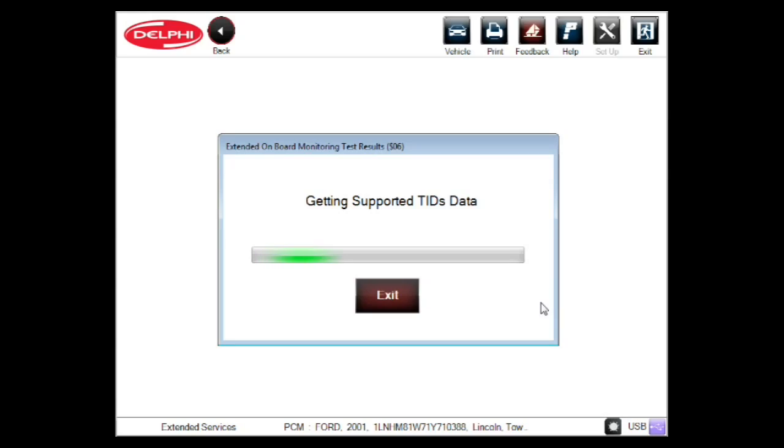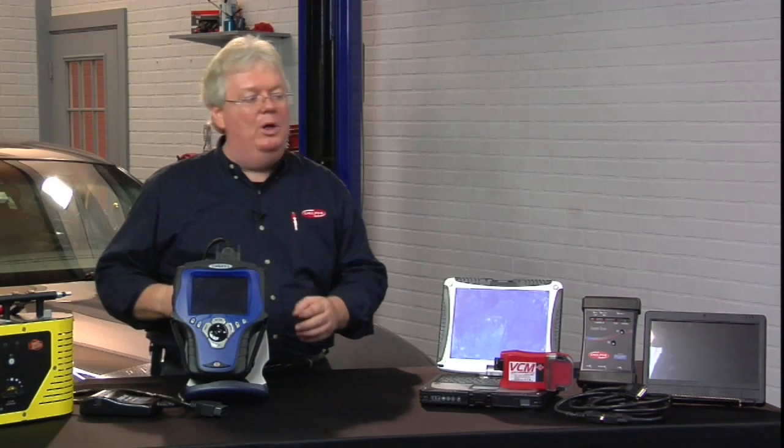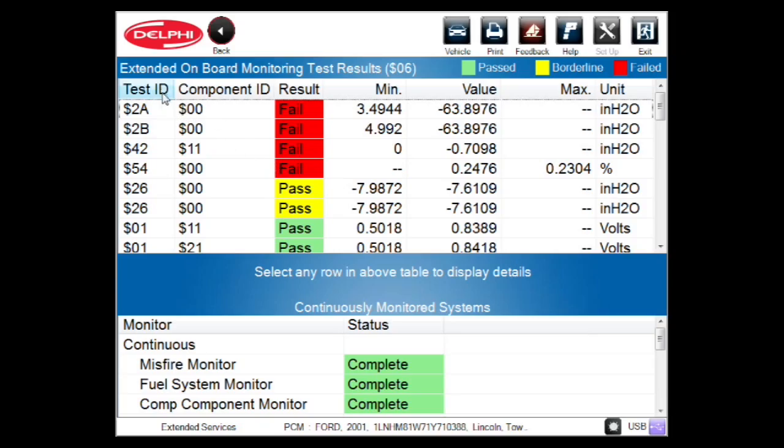So as the car is talking to my scan tool and everything, going right into my laptop, I'm going to tell you what each of the columns mean and what some of the terminology means. The dollar signs are just an indication that we have a hexadecimal numbering system as opposed to base 10, like most people use. As we talk about this first column, test ID, that's the general area of